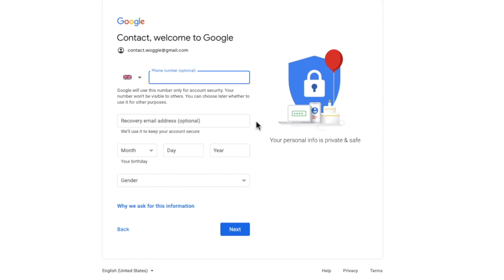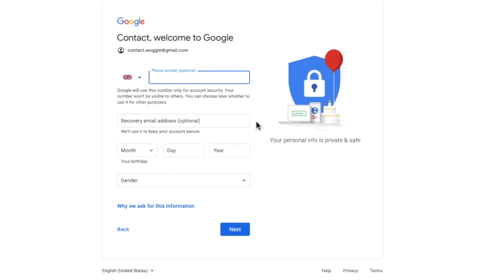The next row also asks you to provide a recovery email address. This allows you to access your account if you forget your password. However, this is also an optional piece of information, so you can choose not to provide this. Bear in mind, however, that if you forget your password, it will be very difficult to get back into this email account. Having said that, I'll choose to leave it blank for this demonstration.